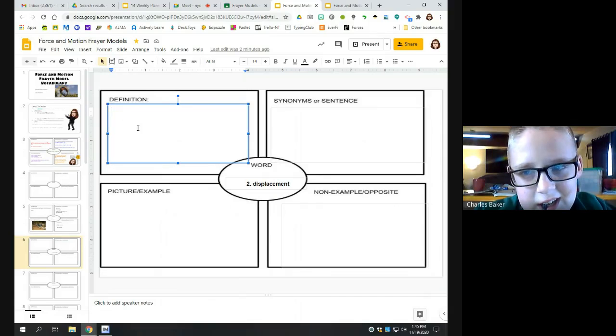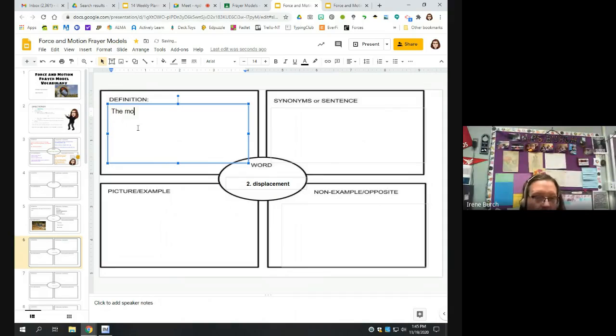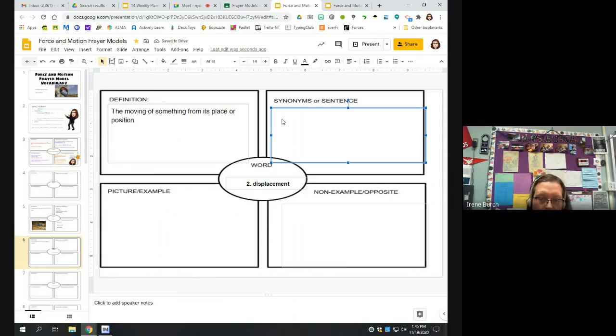So number 2 is the moving of something from its place or position. The synonym of displacement is motion. They mean the same thing. Number 1 and number 2 mean the same thing. Okay? So moving